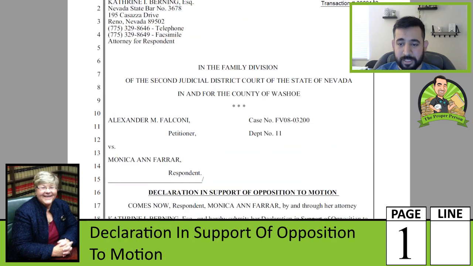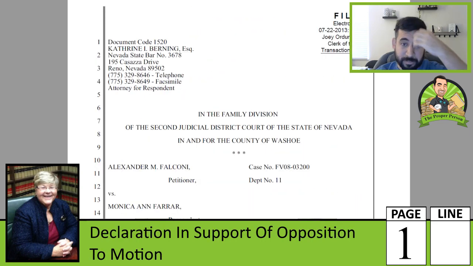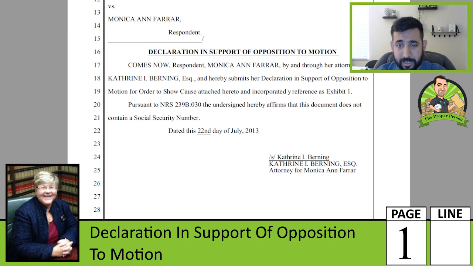We have here the declaration in support of opposition to motion. First paragraph here is that my ex, through and by her attorney, what is this? Submits a declaration in support. Oh, so I think I know what she did. She probably forgot to include her verification. Yeah, this is usually why attorneys do this. It's because they forget to include it in the actual document, so they have to include it as a supplement because it's a violation of the court rules for them not to do this.